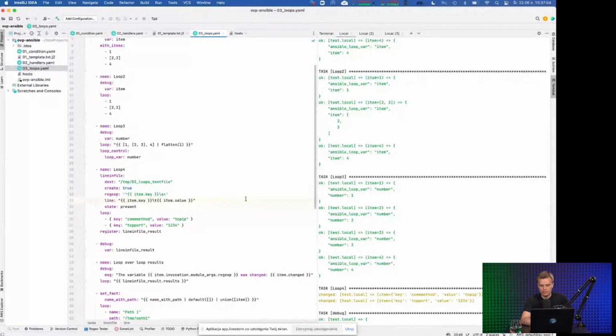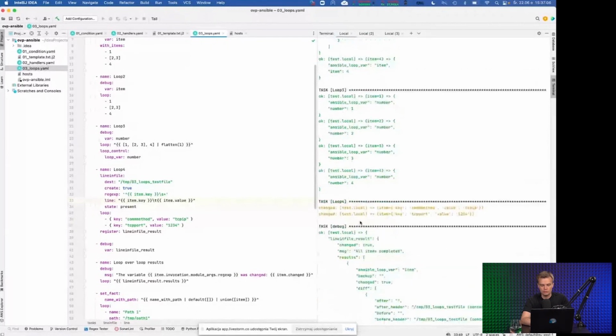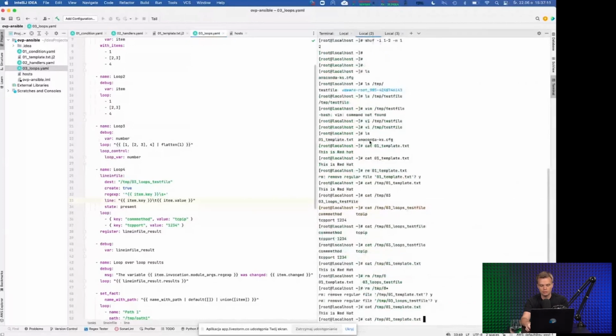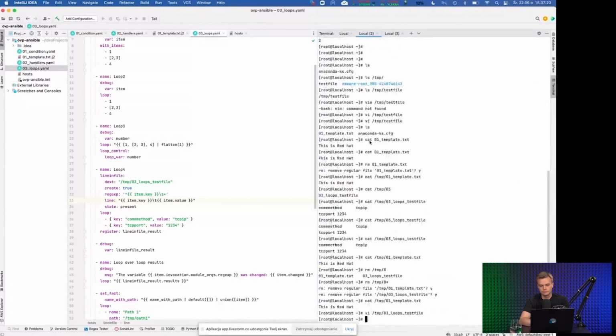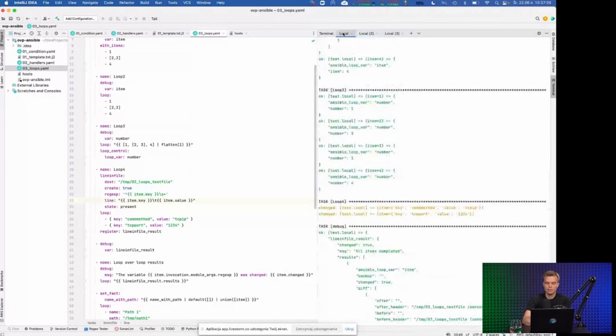And notice here that this file has been changed, and it is going to be in temp03. It is defined, but if I, let's say, delete one of the lines and re-execute this playbook,